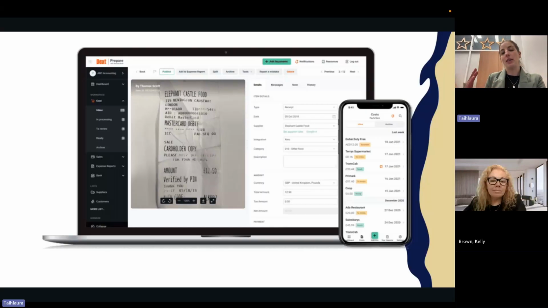It can then automate the process to calculate what the tax is on that, and what the total price was. We can also send it to different integrations. So if you're using Xero as your accounting software, it can sync into that so that you can then reconcile it against that particular transaction. So it's a way to help improve that process and make it easier for you when you are managing your books.